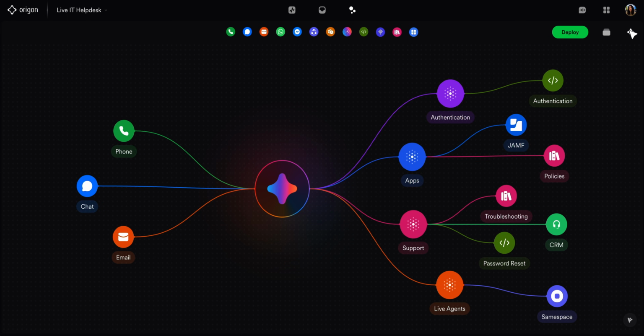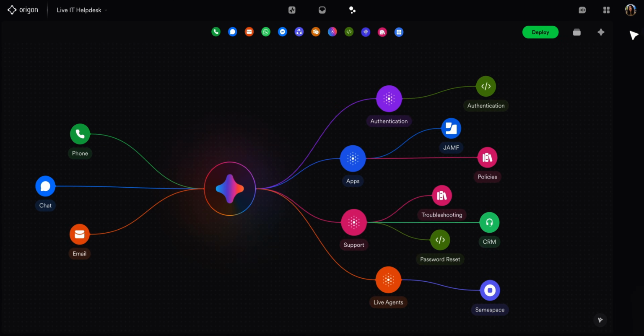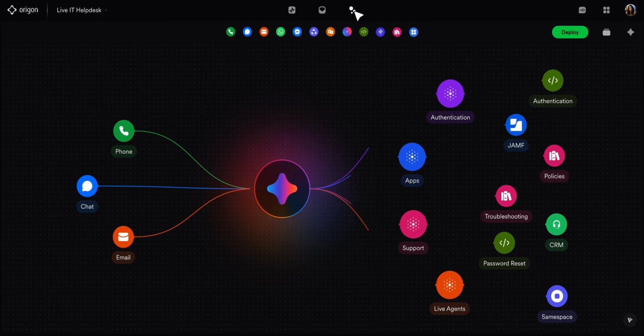To the right is your Origon Assistant. It's context-aware and can answer all your questions or help you optimize your system. At the top is chat, where you can test your system while building, interact via text or audio, or seamlessly switch between the two. Now, let's go back and take a deeper look at each part of the system, starting